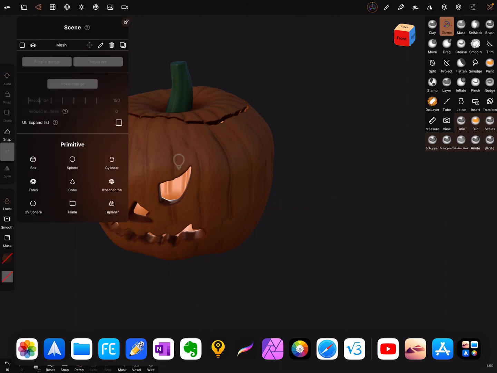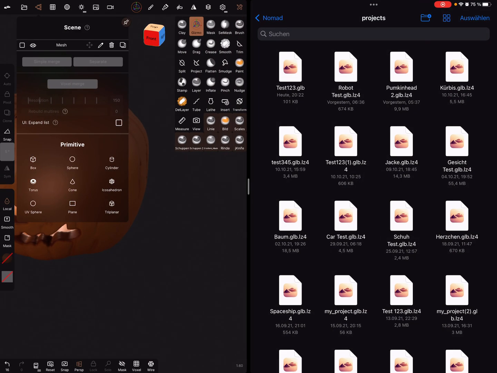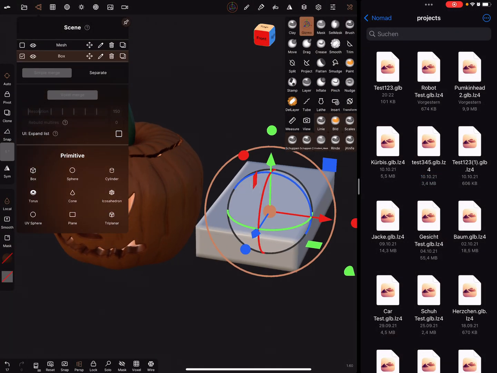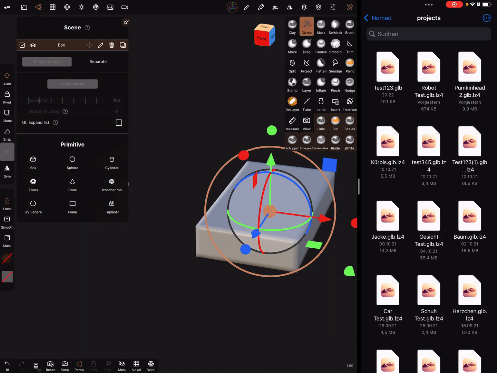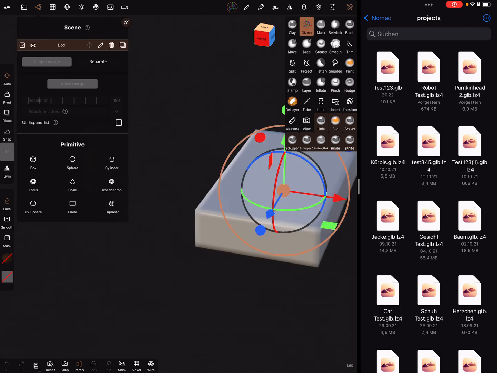I delete this box and I bring in the drag and drop feature, and this is the test 1, 2, 3, and now it's there. I delete the pumpkin in this one, the Pumpkinhead, and now the export was only the box, not the Pumpkinhead. Okay,